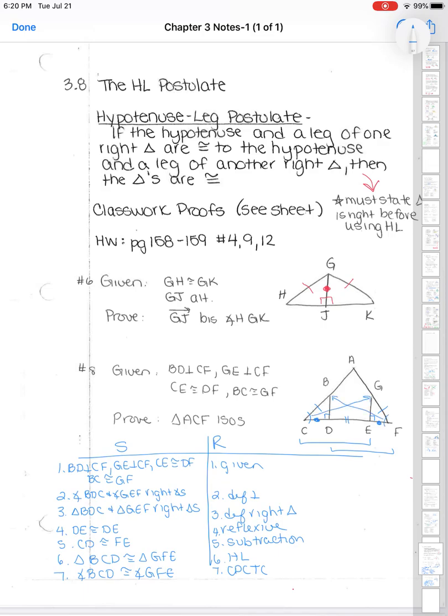By CPCTC, I then know if I have to prove isosceles, I need to get to the sides, but there's no way of getting to the full side, so I'm going with the angles. So angle BCD is congruent to angle GFE by CPCTC. And then if those angles are congruent, I can go all the way to the big triangle and I can go opposite. So I can say that AC is congruent to AF by the converse isosceles triangle theorem. And then once those two sides are congruent, I have my